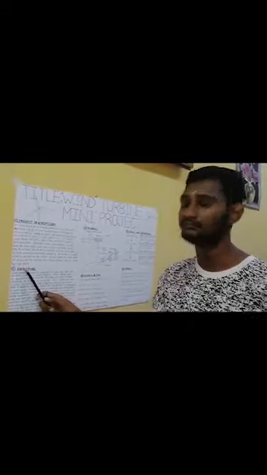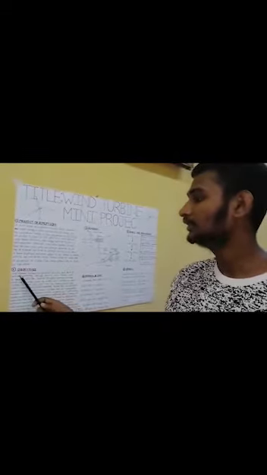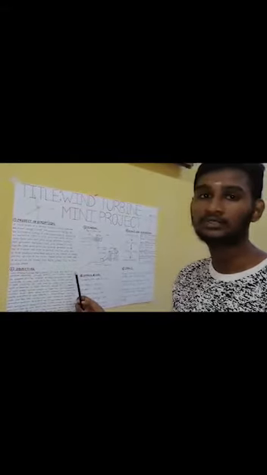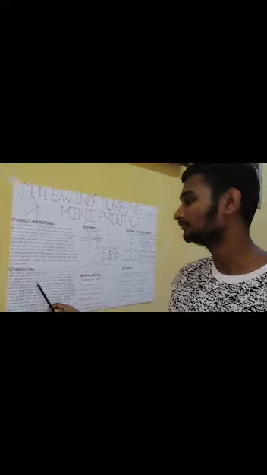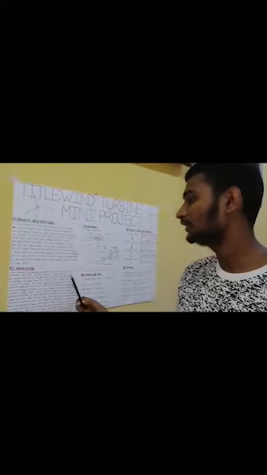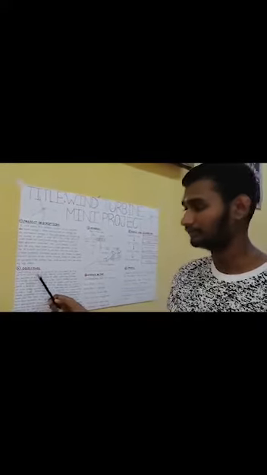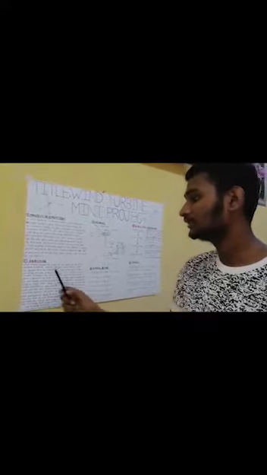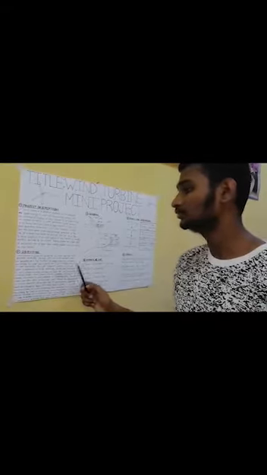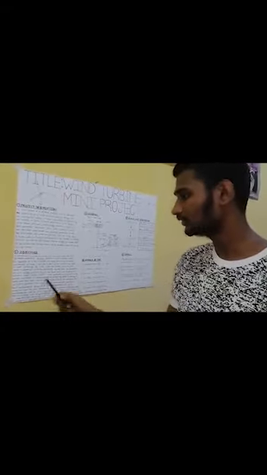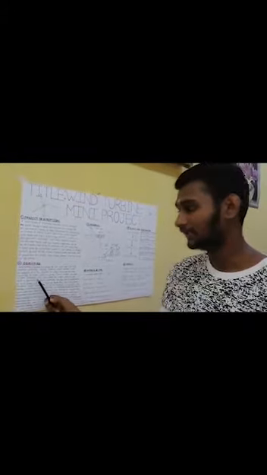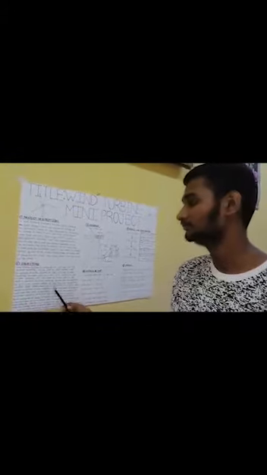Secondly is the objective. The objective is that wind turbines harness the power of the wind and use it to generate electricity. Simply stated, wind turbines work the opposite of a fan. Instead of using electricity to make wind like a fan, wind turbines are used to make electricity. The wind turns the blades, which in turn spin a generator to create electricity.